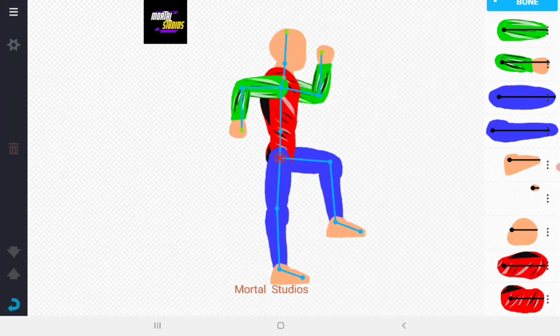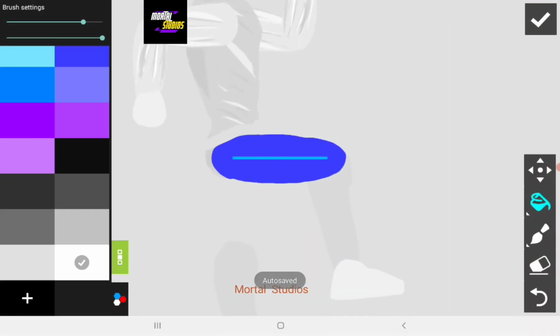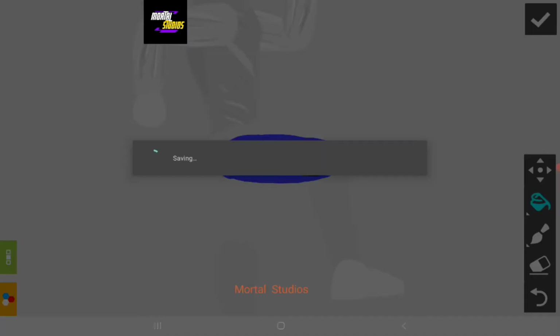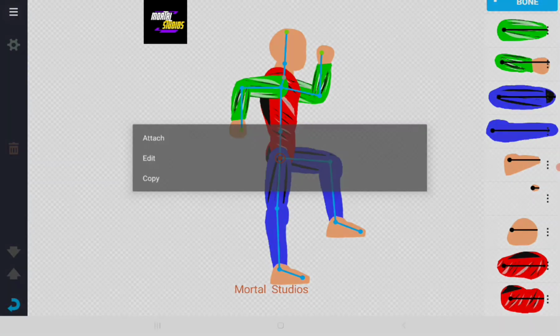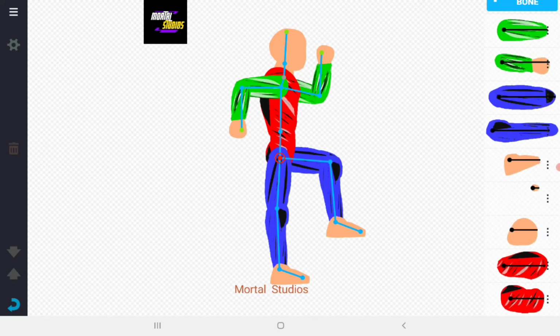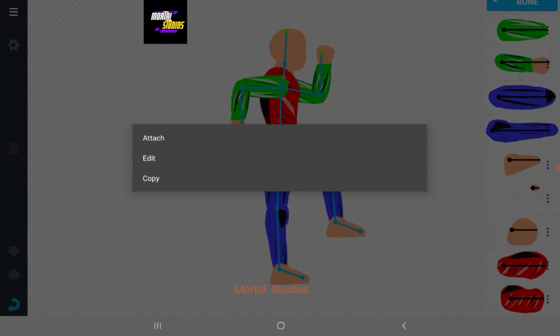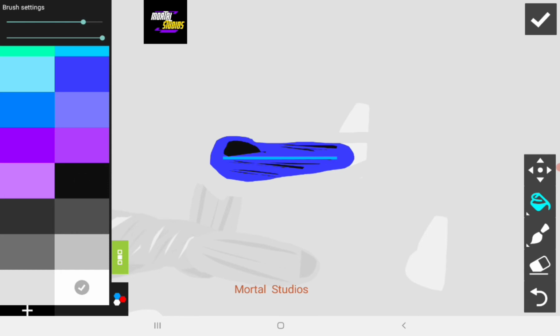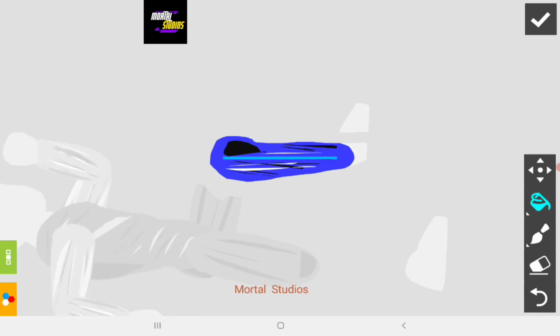Do the same thing for your pants too. Here take black and then this much is enough for the pants. This one too, I'll just make a big hump here. Sorry, with the paint here, I'll make a big hump and then a bit like this. Okay, we're done with that. Now the character is looking good. We'll make a little more shading in the lower leg, white shade. Yeah, we're done with that.